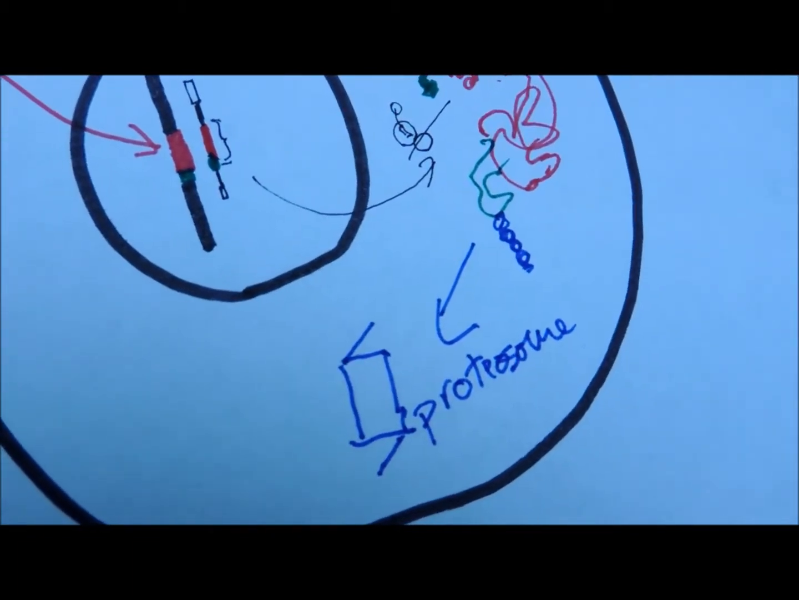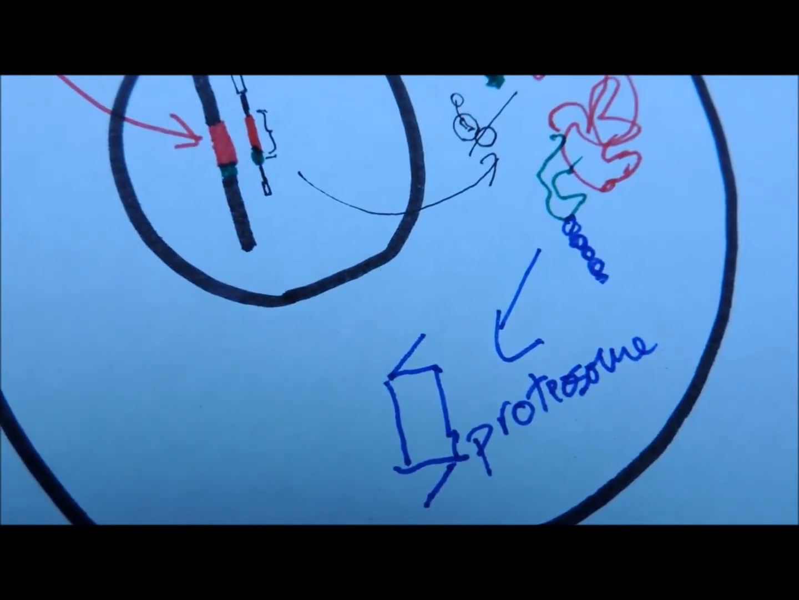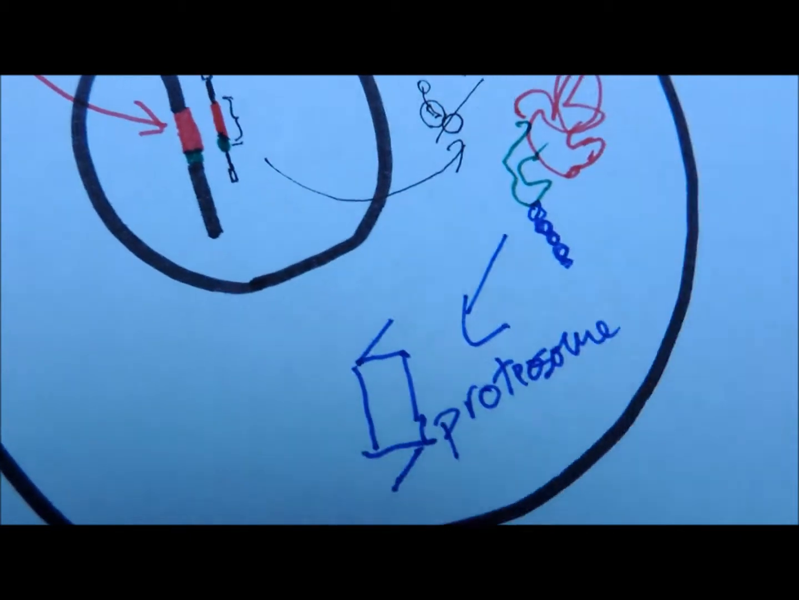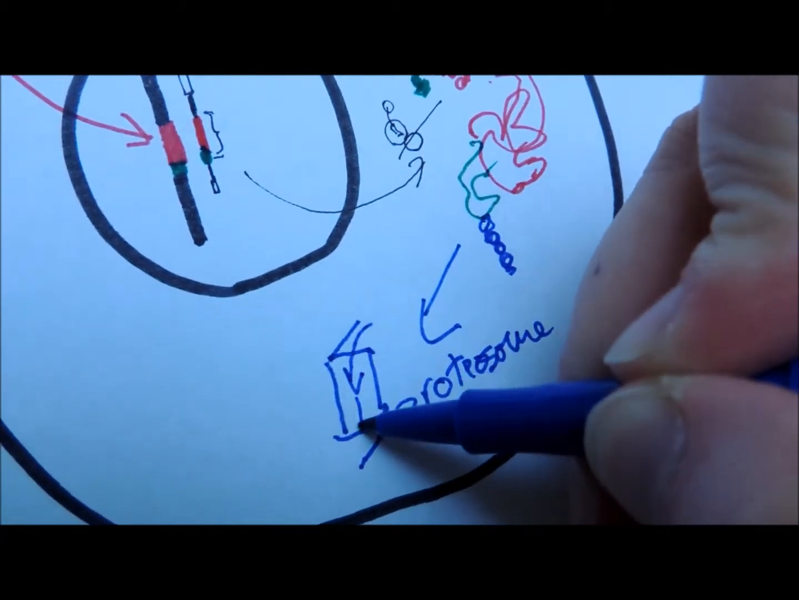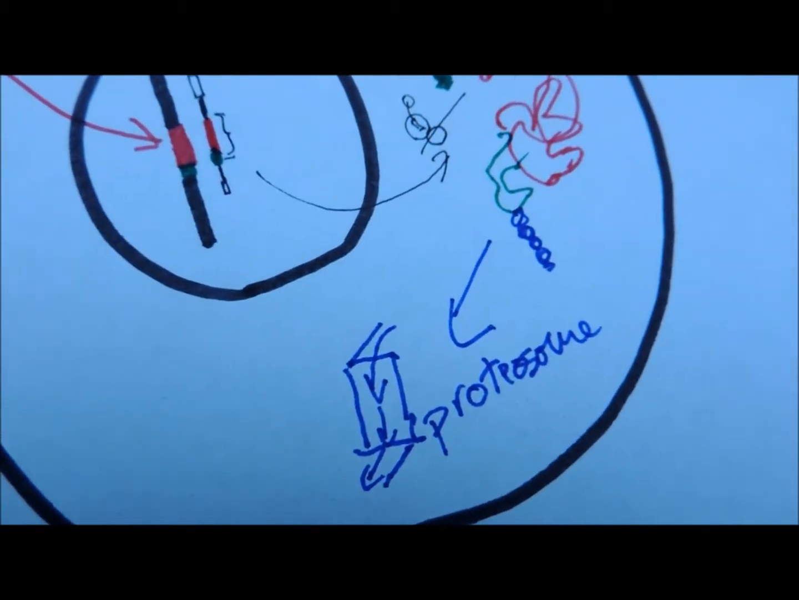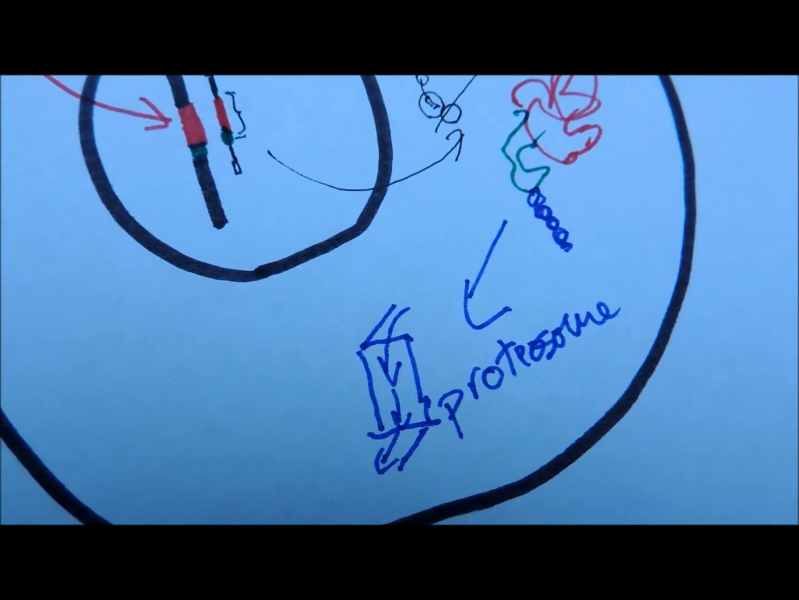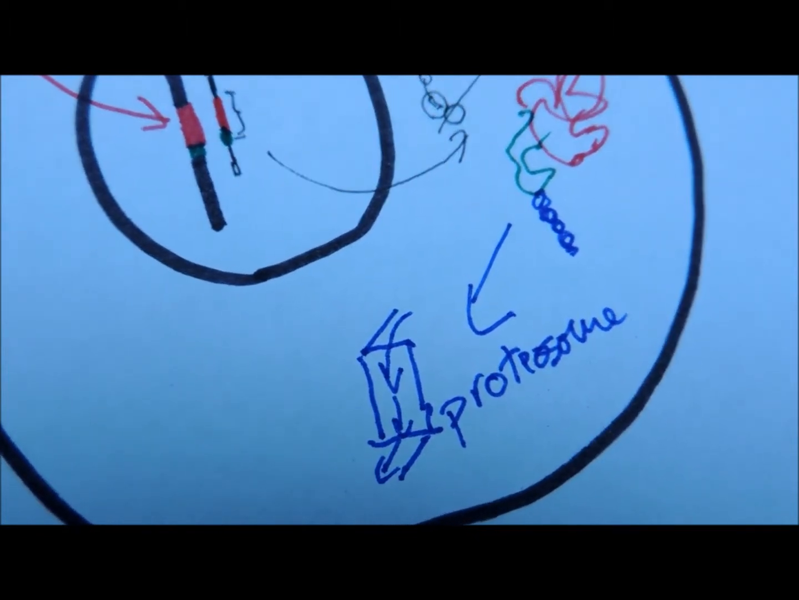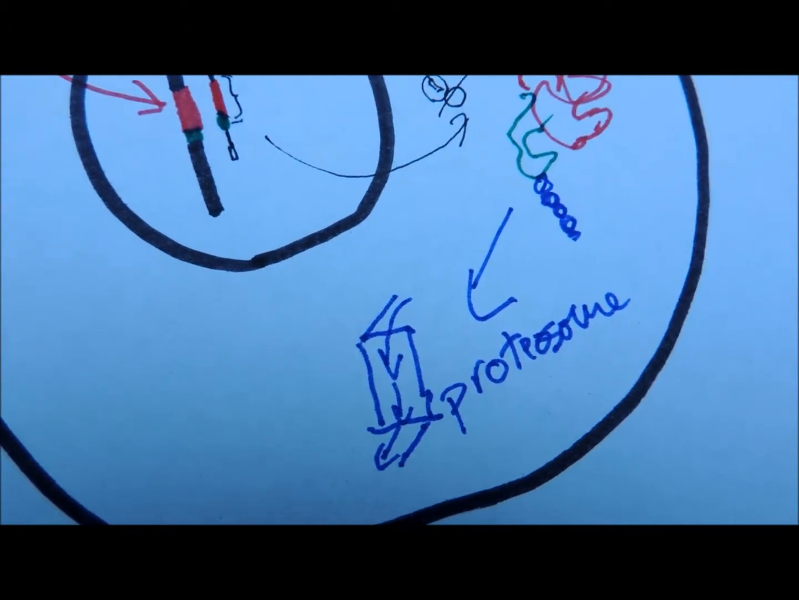The proteasome is basically a big recycling plant. When the unfolded protein gets sent there, it goes through this recycling plant, and as it goes through, it gets chopped up into little pieces. All of the amino acids that previously made up that protein are now recycled and able to be reused by